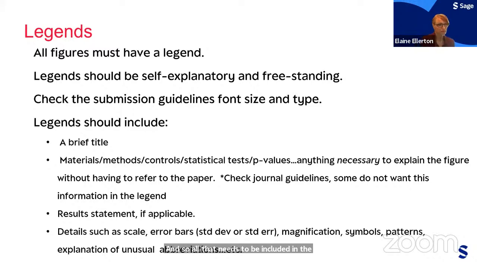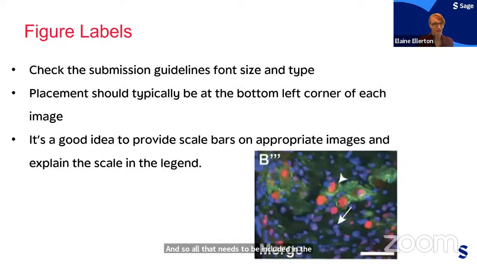Okay. Next one, figure labels. Once again, we want to make these figures as easy for the reader to figure out as possible. So make sure that you add any needed labeling. A, B, C should be on the top left. Make sure that's clear. Make sure your arrows are clear. And then the actual placement for what you're looking at, like if it's a cell type or staining, that should be in the bottom left.